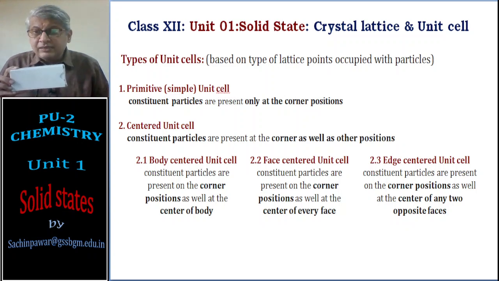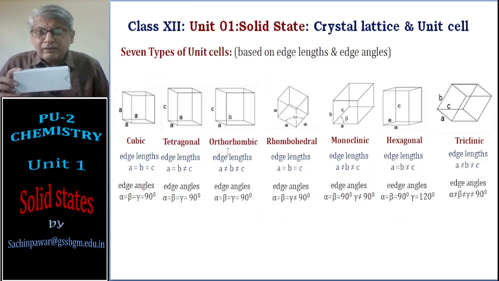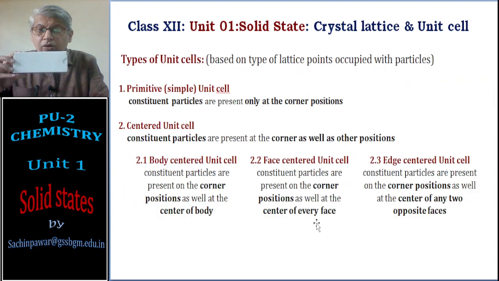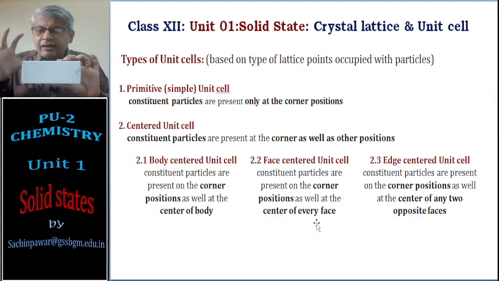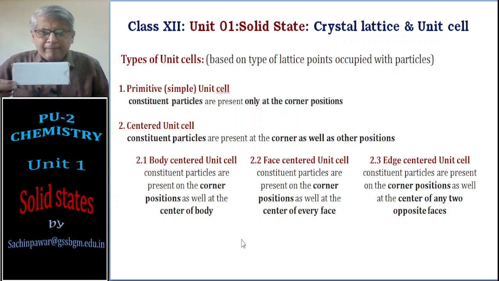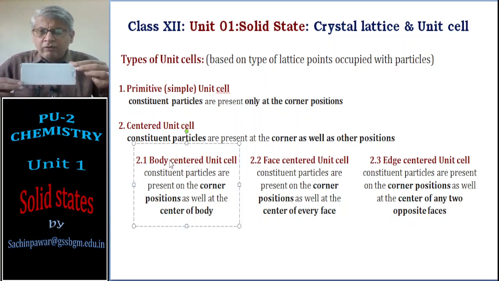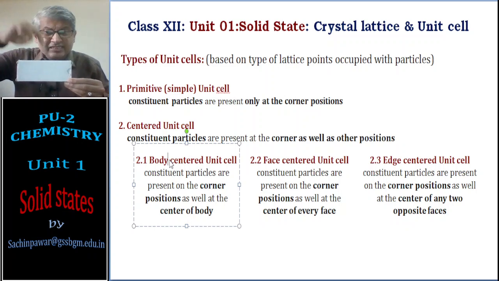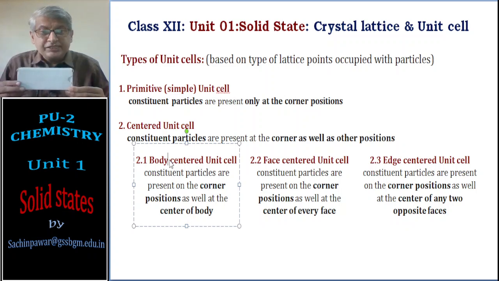Now this is an orthorhombic crystal. As I have told, A is not equal to B is not equal to C and alpha is equal to beta is equal to gamma. Then this is an orthorhombic crystal, orthorhombic unit cell. Now this orthorhombic unit cell, if it is a primitive or a simple, then particles should be present only at the corners, that is 8 corners. If I say body center, then along with the 8 corner particles, there will be one particle inside this box, that is at the center of the unit cell. Then we have got body centered unit cell.